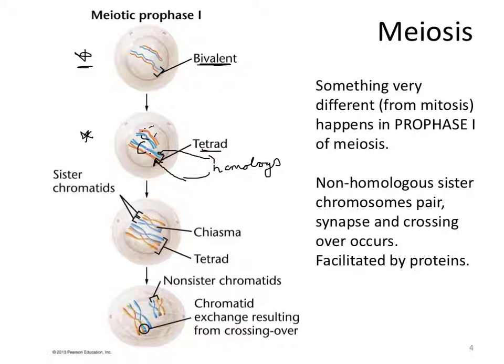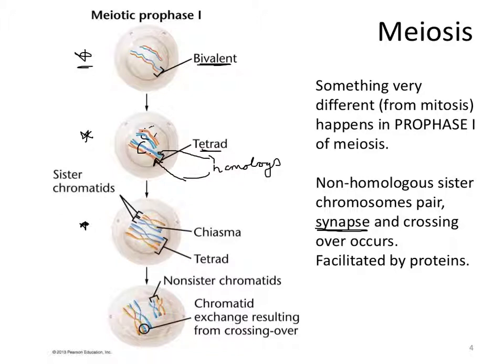What happens next is a really amazing feature of meiosis and a really important aspect of sexual reproduction, and that is that non-homologous sister chromatids pair. This pairing is called synapsing or synapse. Synapse is spelled here. Okay? The strands of DNA will actually break, allowing swapping of short homologous regions or sequences. This can be seen as it happens through formation of structures called chiasma, which are indicated in this third drawing